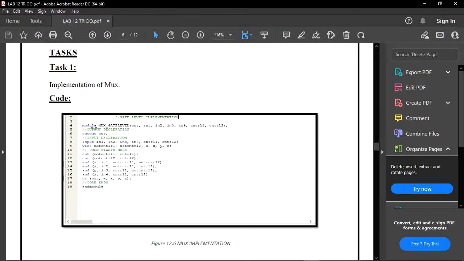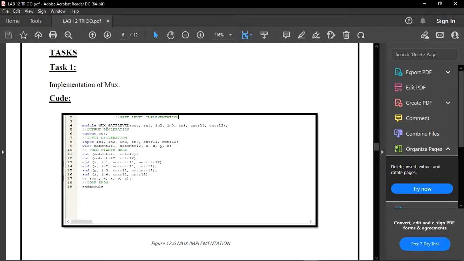First of all, we have to initialize the module, then declare the inputs and the selection lines, then declare the outputs, and after that we have to write our code with the help of our logic circuit diagram. Such as when we have 2 NOT gates, we are implementing the NOT of the first control line and then the NOT of control line 1.